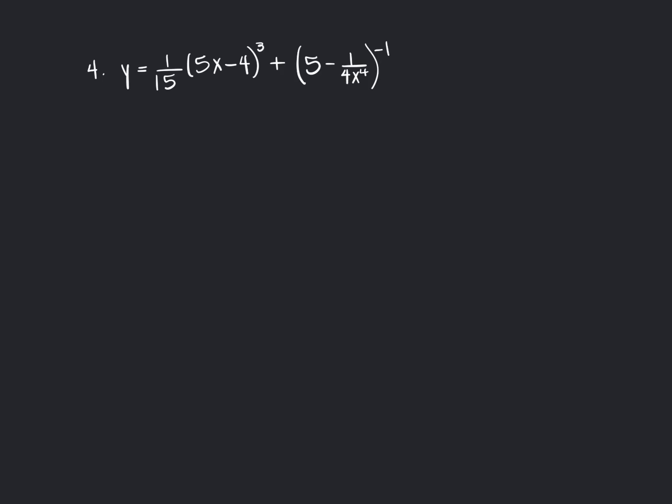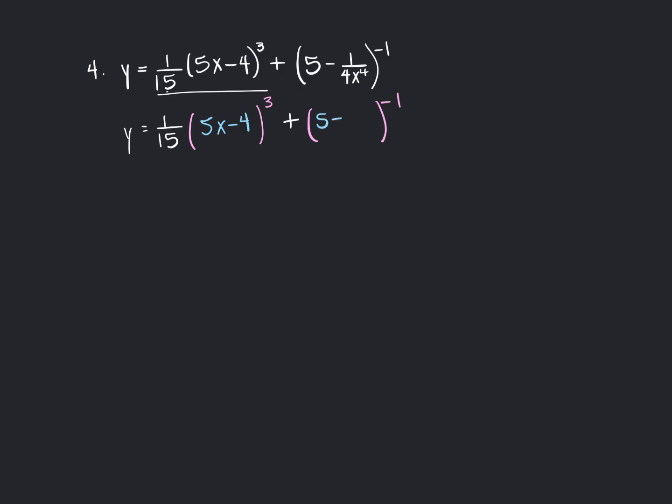And on both of these, I have a chain rule. So if I rewrite this, for my first term, 1/15 is just a constant multiplier, okay? My outside function is this something to the power of 3, and my inside is this 5x minus 4 that's being raised to the power of 3. Plus, same thing here, my outside function is this something to the negative 1, and my inside function is this